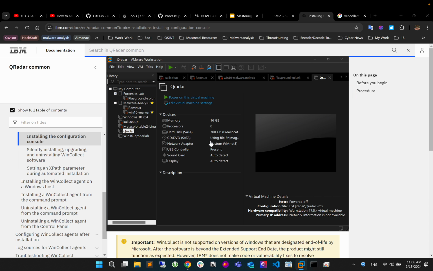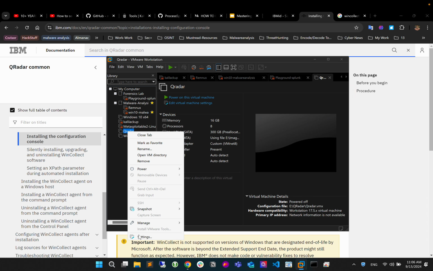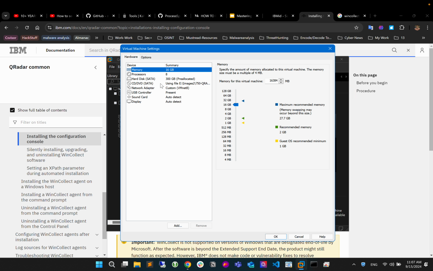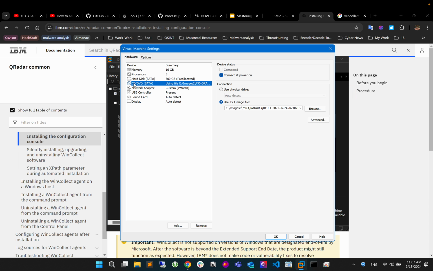When you start the virtual machine, you want to use this ISO file, because while creating the virtual machine, we didn't use the QRadar ISO file, right? The community edition file we didn't use yet. In order to use that file, we will add the ISO file as a CD/DVD SATA. How are you going to do this? Right click and then Settings, and in the settings there should be a CD/DVD SATA section in the hardware, and instead of using physical drive auto detect,